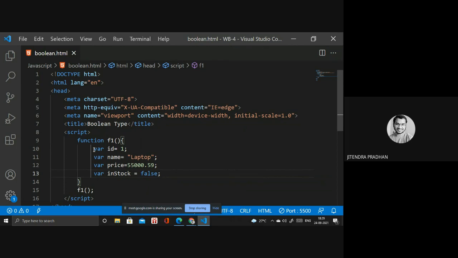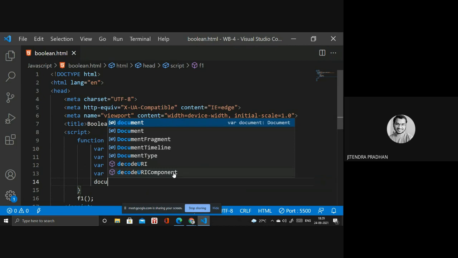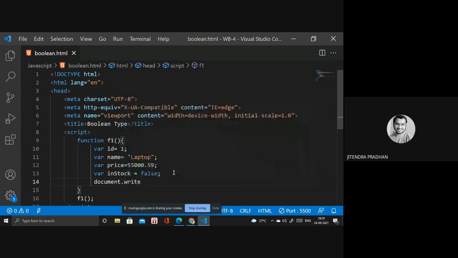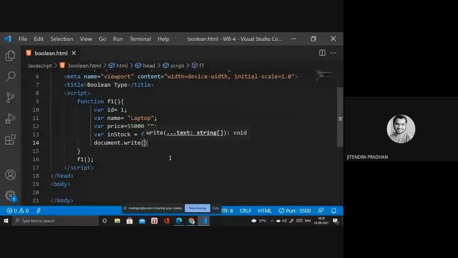Okay, let's start. We have to go to the document dot write. Next, we write a backtick, and inside that backtick we have to access the ID. ID equal, sorry, what is the name of the particular variable? We are using ID. You can call it a number as well, unique number, or product number.